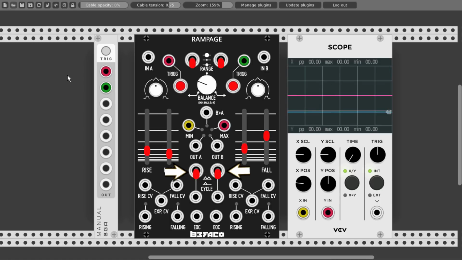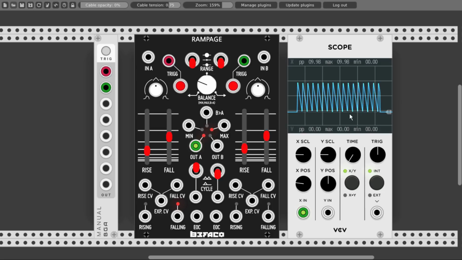Then we have cycle switches with dedicated CV inputs, so we can set each one of the function generators to cycle mode, and as soon as the falling phase comes to an end, the function generator will be re-triggered and loop its function. So for now, let's connect A to the scope, and if I trigger it once, we can see we have an envelope or a function, and when I turn cycle on and I trigger it once, the function is looping and cycling, and we can use this for modulating audio rate signals, oscillators,